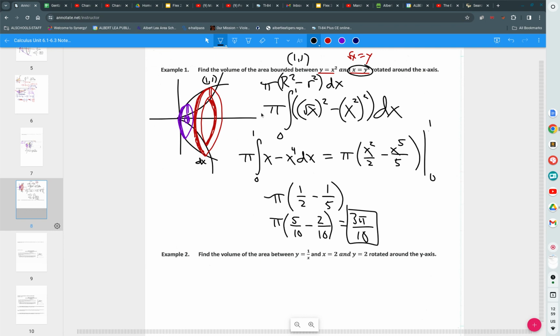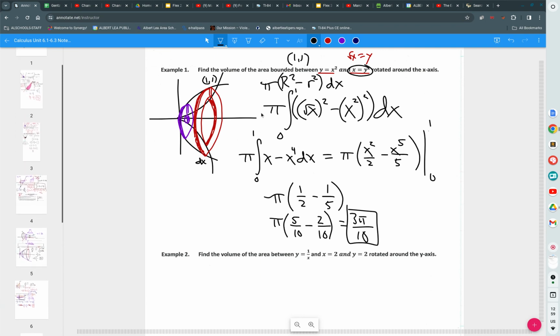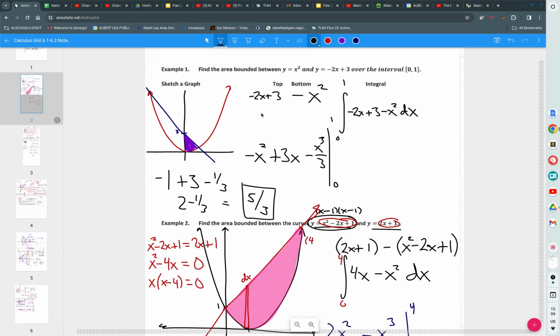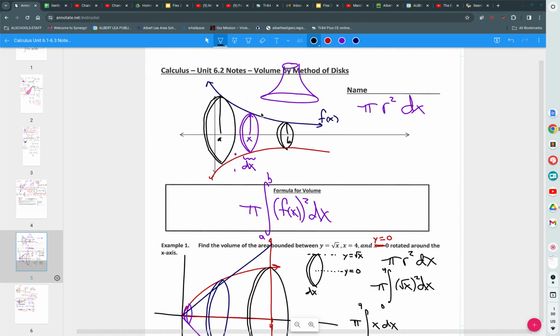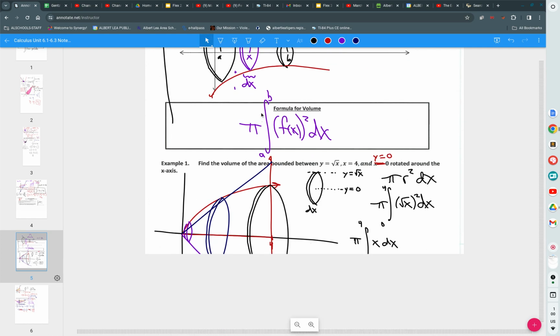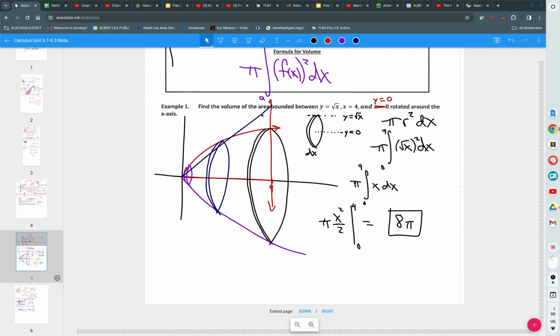But just to review, we started out this unit by talking about area bounded between two curves. Just take the top minus the bottom. And then yesterday we looked at, what happens if you rotate that around and create some volume? Today we're saying, what if you subtract the middle? So you have area between two curves, you have this disk method,